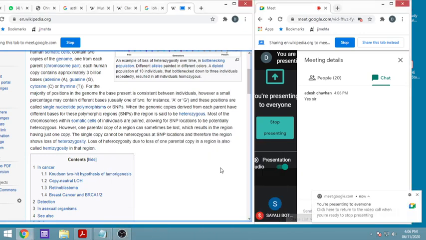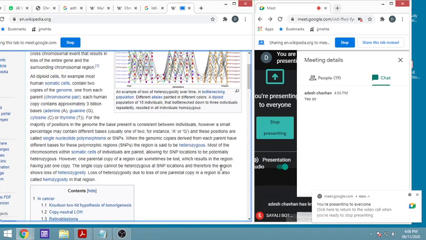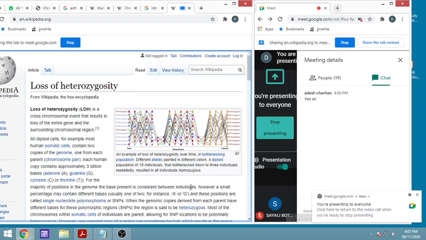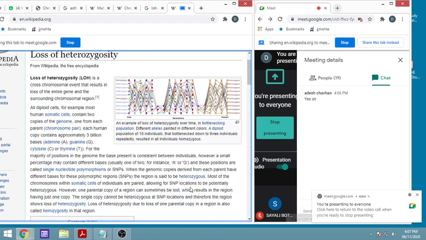So the next topic is LOH, that is loss of heterozygosity. What is it? It is again one of the genetic problems. Normally in a given diploid cell, one haploid unit comes from the mother and one haploid unit from the father. So there are two copies of the genome, one from each parent, and that makes a pair